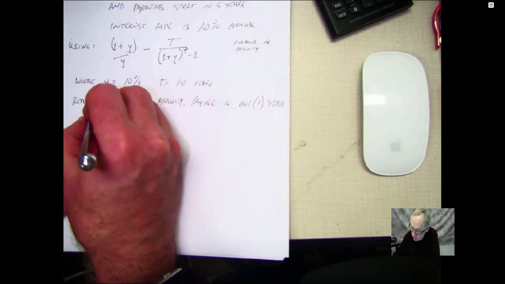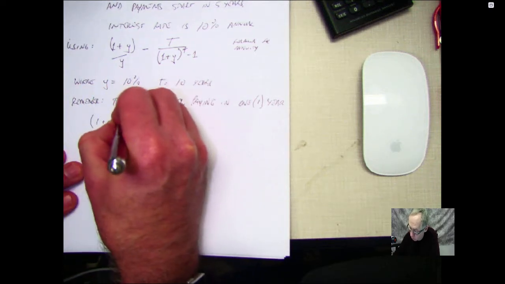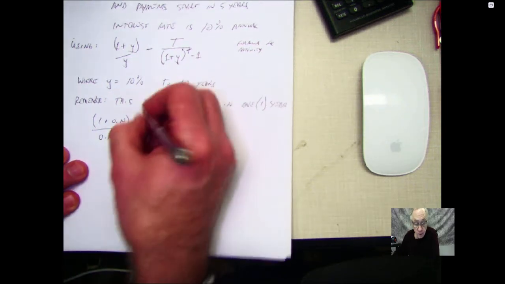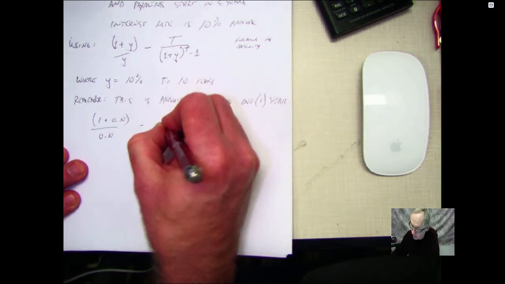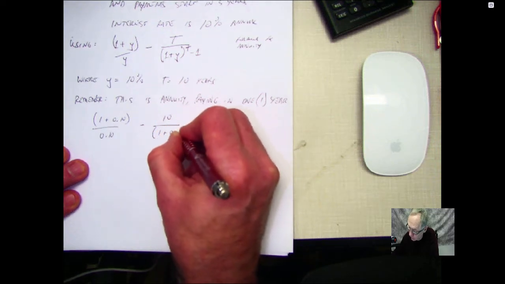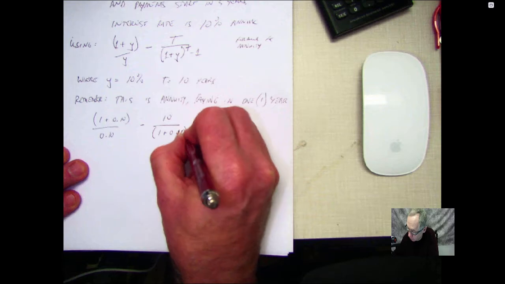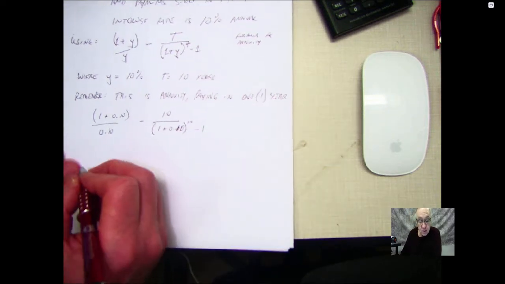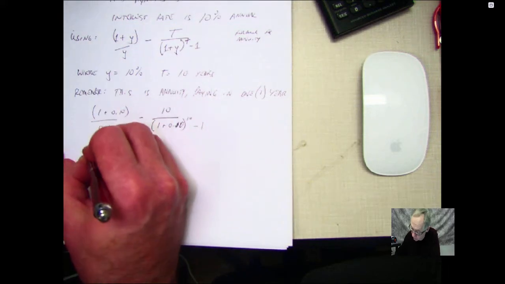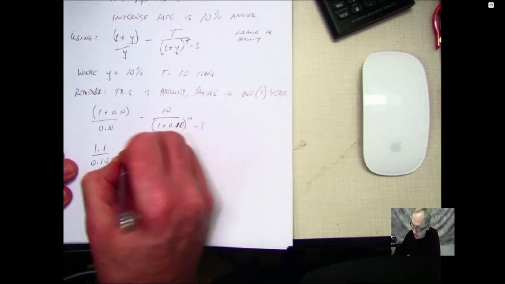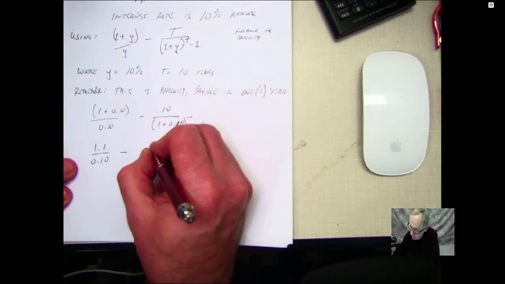So filling this in: (1 + 0.10) / 0.10 minus, time is 10 years, 10 / ((1 + 0.1)^10 - 1). So this simplifies to 1.1 / 0.1 minus 10 over